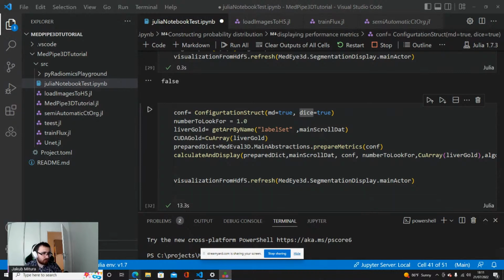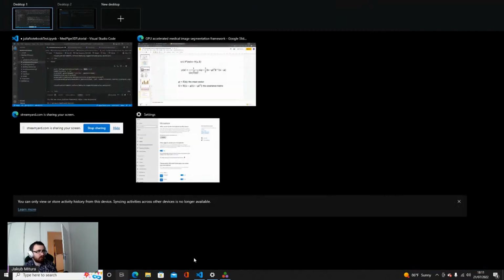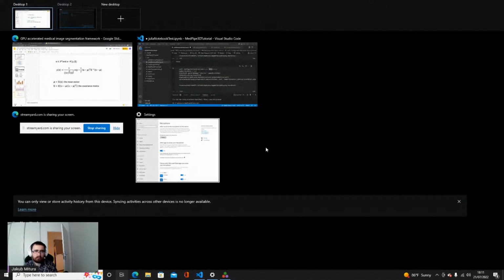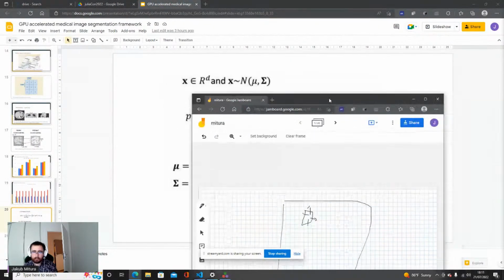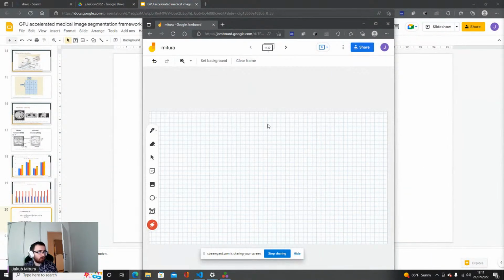Now, just to get back to the idea about the metrics and what these different metrics measure. What is so special about medical imaging that it needs some specialized metrics?